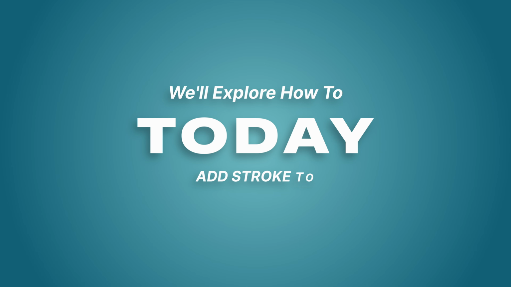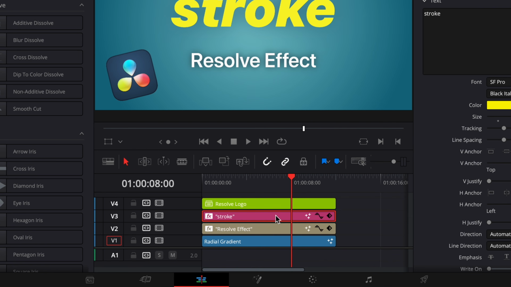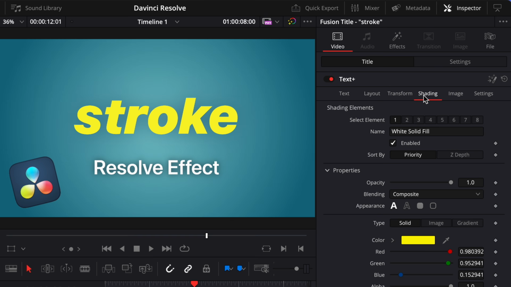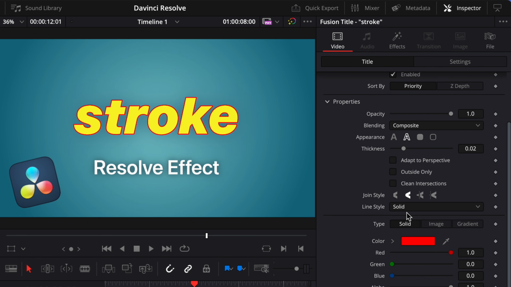Today, we're going to explore how to add a stroke to text or images in DaVinci Resolve. First, select your Text Plus clip, and then in the Inspector panel under Video, Title, Shading, switch to Element 2 and enable it. The name is Red Outline, but if you scroll down to Color, you can change the color